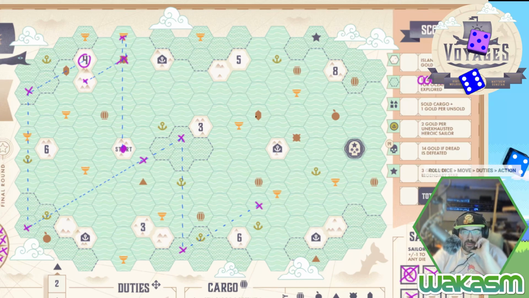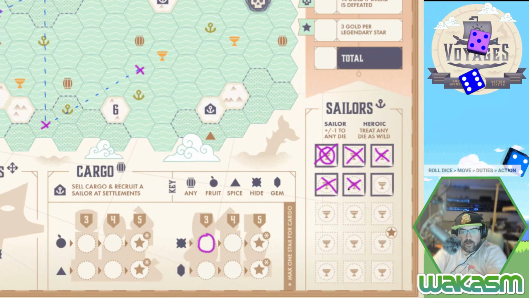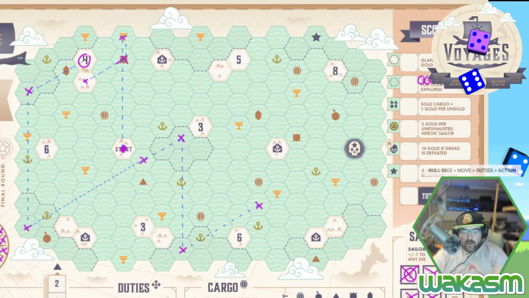I'm gonna turn that 6 into a 1 with a sailor. So cross off this sailor right here. Turn that 6 into a 1, and we are gonna go north 4. Going to get us this. Yeah, barrels are wild. I totally forgot about that. Probably could have got a barrel. Oh well, do that for next time. Anyway, that gets us this,